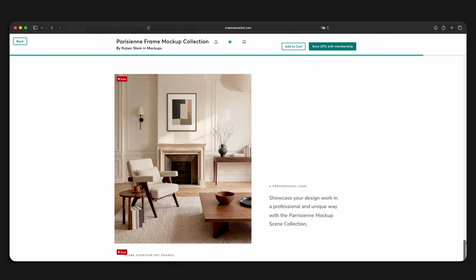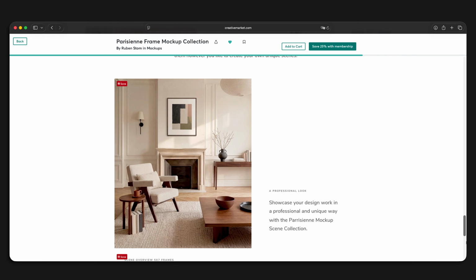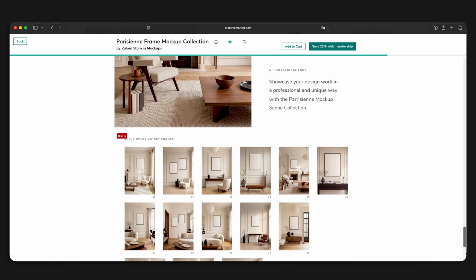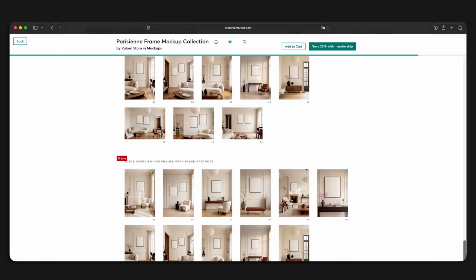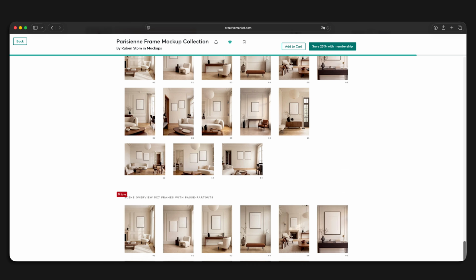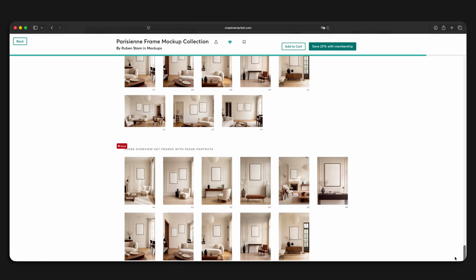I end the product images with a short outro with a last real use case and then an overview of all mockup scenes that are included, and again to increase the perceived value but also to make clear what is included in the download. So that's it for the full workflow that I used to create my most recent frame mockup collection,